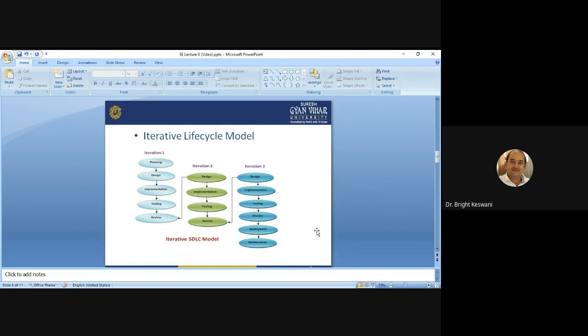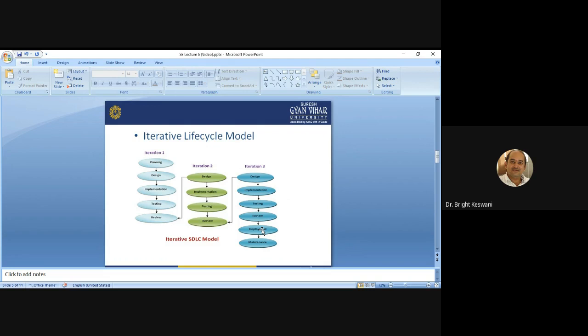I hope you understand the process of iterative enhancement, the iterative lifecycle model. An iterative lifecycle model consists of repeating four steps in sequence, as I illustrated in this figure. The first is a requirement phase, in which the requirements for the software are gathered and analyzed. Iteration should eventually result in a requirement phase that produces a complete and final specification of requirements.